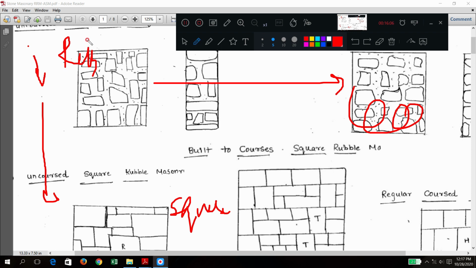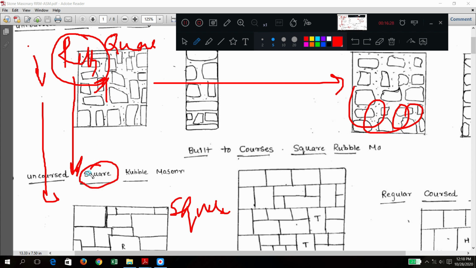Rubble is directly obtained from quarry, with very little refinement. Here a little bit more refinement is made compared to this, so these are called square. I will show the actual picture, then you will understand.